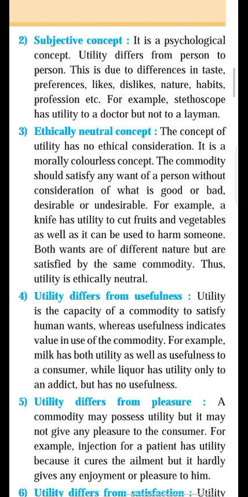Second example we can say a gun. A gun is useful for the policeman to protect the country, but a gun also has utility for the terrorists to kill someone, to spread terror in the country. If the gun is in the hand of a policeman, it is good. The policeman protects the country and gives security to the public. But if the same gun is in the hand of a terrorist or some illegal person, it is not good for society, because they create terror in the country.